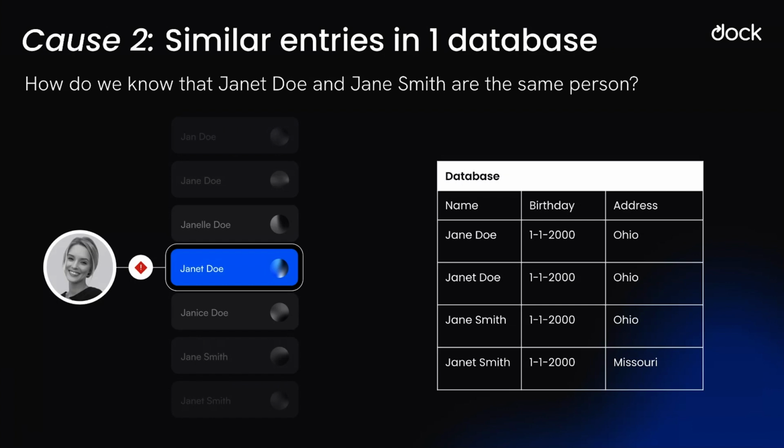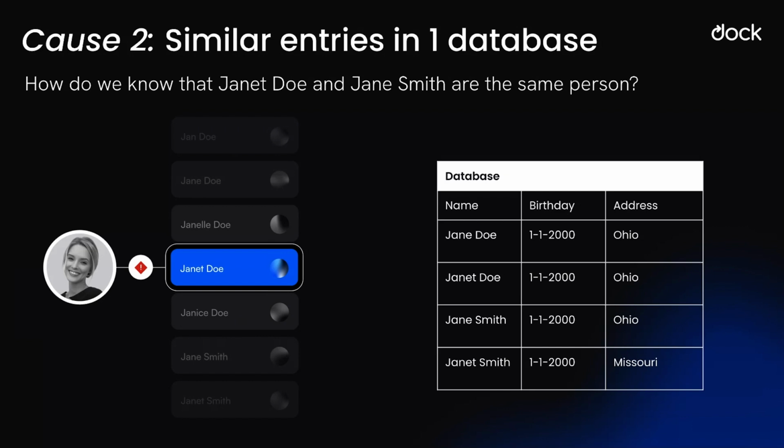They might have gone through onboarding multiple times. They might have worked with different systems at different points in time that end up being merged in the same system. Or even when we use their name and their address, those things aren't static over time. So in this example, our Janet Doe sometimes goes by Jane, sometimes goes by Janet. She lives in Ohio. She has a life event change and changes her name. And then she moves to Missouri.